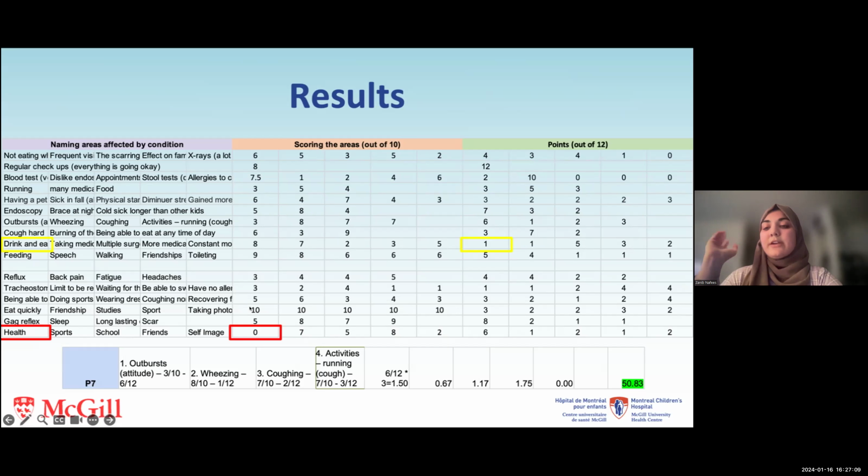And so in the assessment of health concerns, participants assigned both importance ratings ranging from 0 to 12 and severity ratings ranging from 0 to 10. The concern drink and eat what I want received a low importance rating of 1, which highlights its insignificance, and severity ratings exhibited variability, exemplified by the concern health, which received a severity rating of 0, indicating it was considered less severe. So to further symbolize the perceived importance and severity of each concern, participants allocated points, providing an additional layer of representation for the significance and seriousness attributed to individual health-related issues.